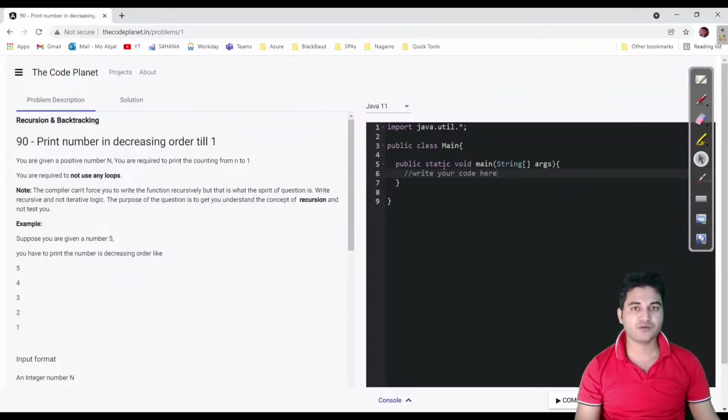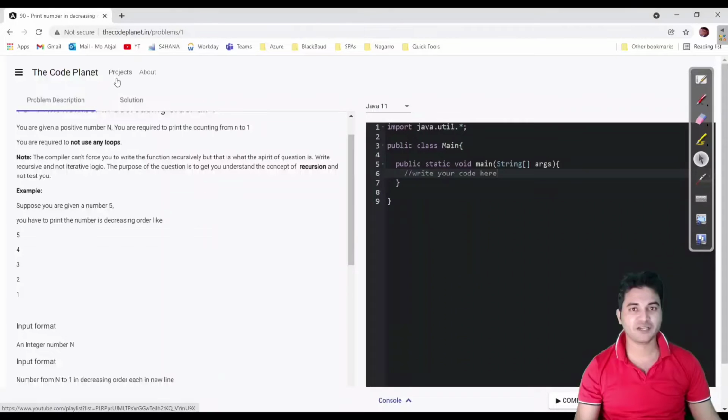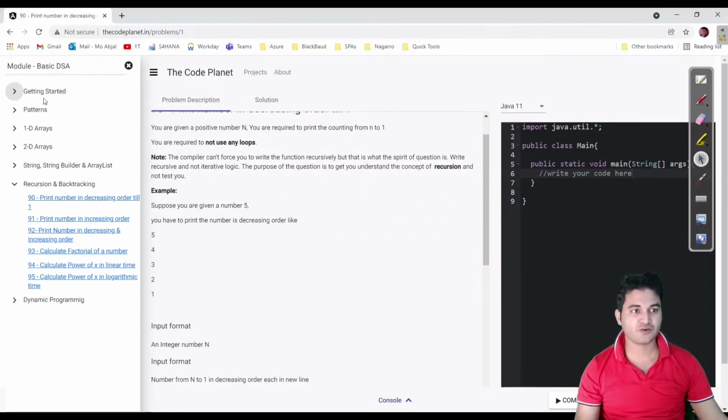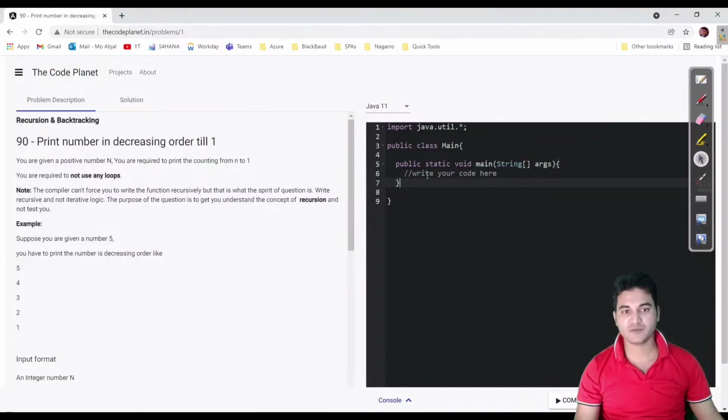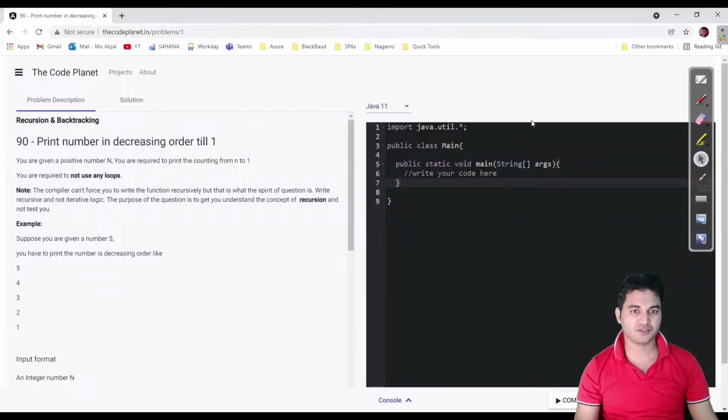Before moving to recursion, I want you to look at this program which we have to solve. This is the project which I have made, and from now onwards we will be solving the problems on this site only. I have hosted this site on a server, so you can check it out too. The problems which we have covered previously are all listed here, and for now we are solving problems related to recursion. Once I click on a problem, I move into it, and here I can submit my code. You have been provided different language support also, so you can submit your code in any language. I have made a dedicated introductory video of this project, how you can use it and why you should use it.